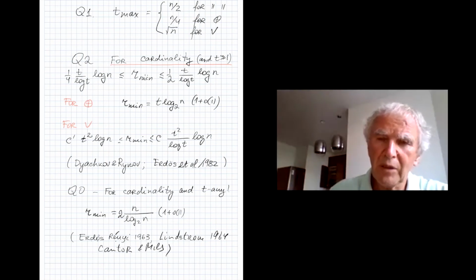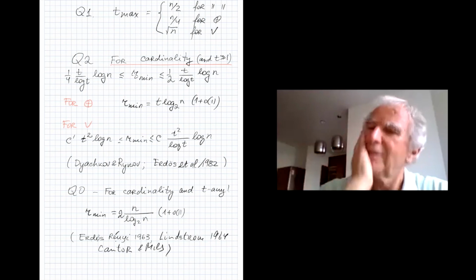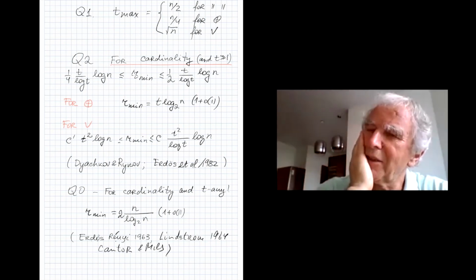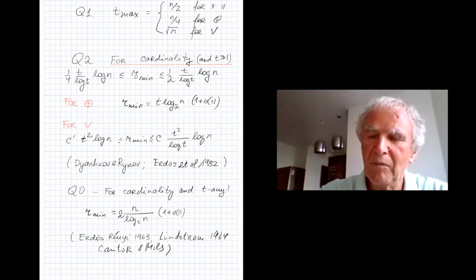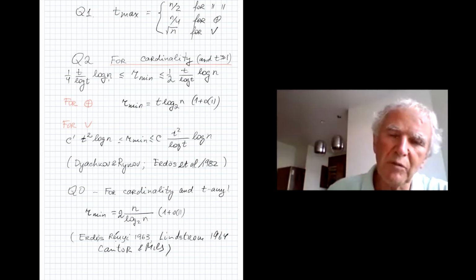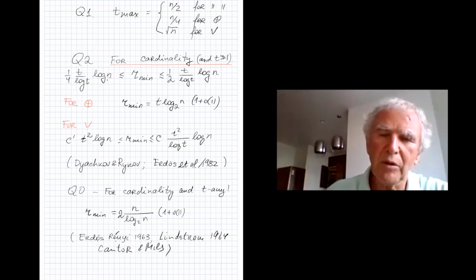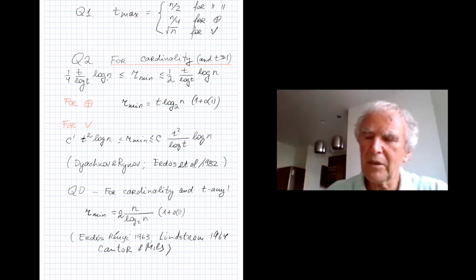So my two PhD students, Irina Egorova and Valeria, I forgot the family name, did it, they generalized it. And the answer for the q-ary case is the same, only instead of binary log you have q-ary log. But again, it's a gap between